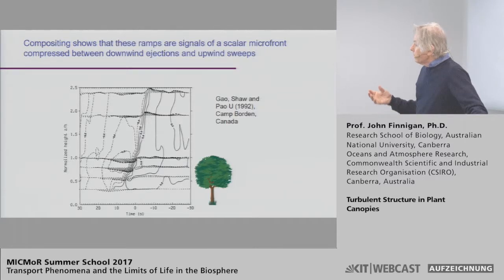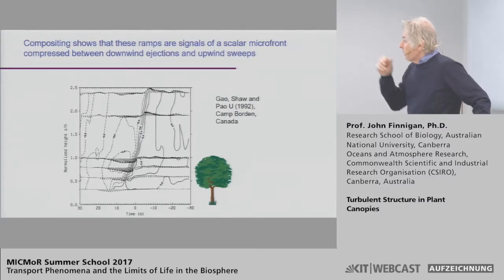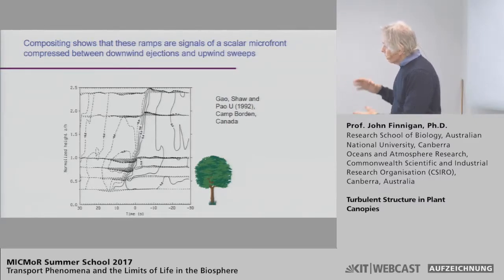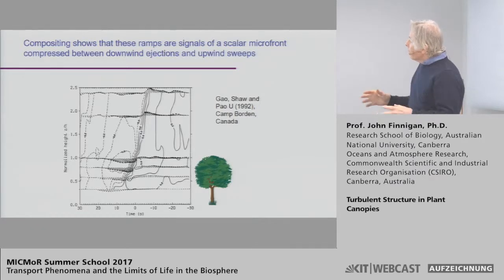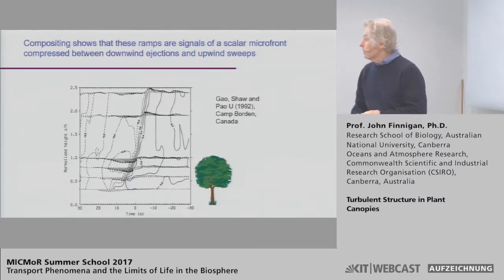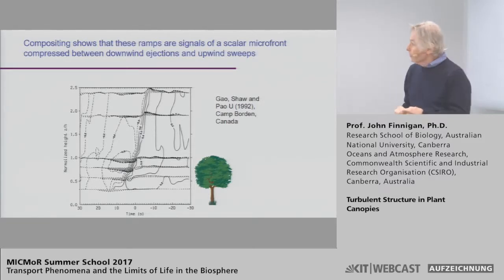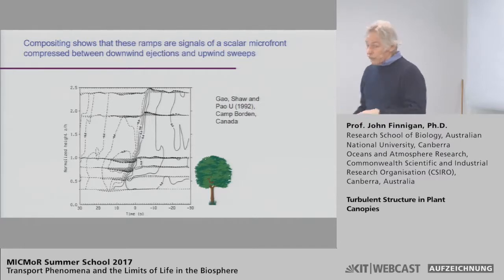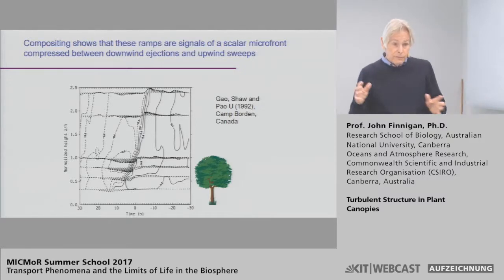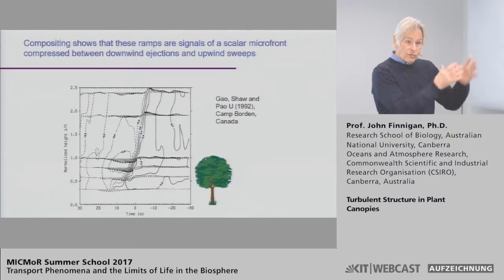Composited the velocity vectors and the temperature contours and gave us this picture where the ejection quadrant, where the slow-moving air is moving up, leads to slow-moving warm air moving up, then suddenly changes through the sudden drop at the end of the ramp into cooler air moving down through this so-called scalar microfront, and the cooler air moving down is associated with this fast sweep. So this idea of the ejection microfront sweep is fairly solid through lots and lots of